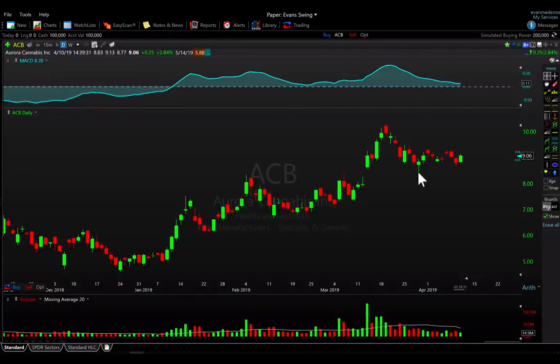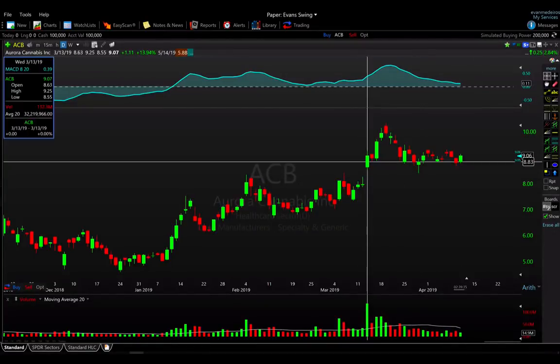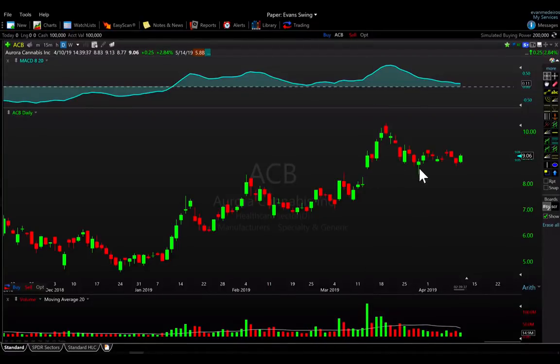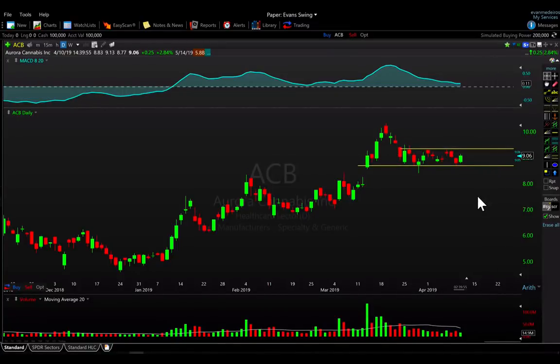$8.70. It filled this gap here, or I should say the gap that was created on the 13th was filled basically on the 28th, and you can see we're starting to test up. MACD is still in positive territory. So for me, I'd be looking for this to hold here around 8.67 or so. That's, I think, the bulls' line of defense there. And we have this sideways breakout range that I'd look for above 9.30, and that would get me